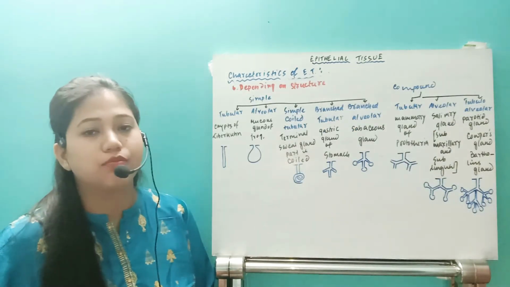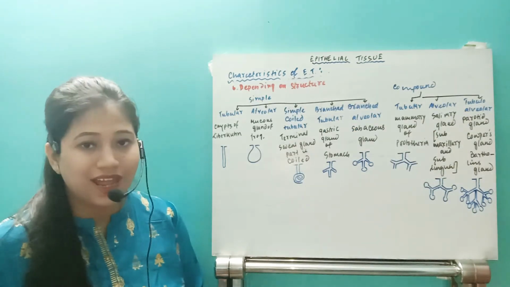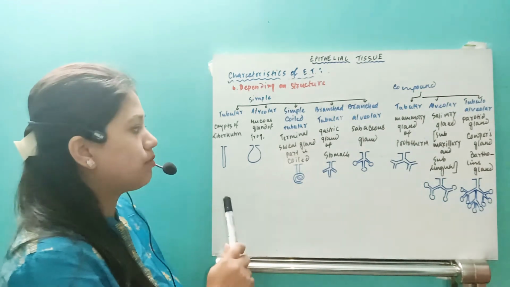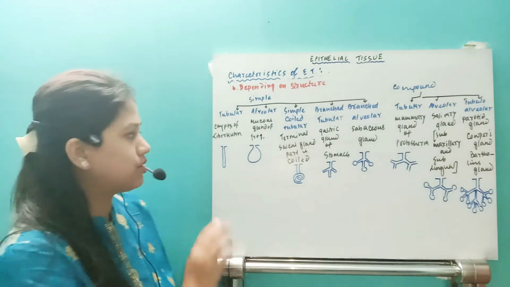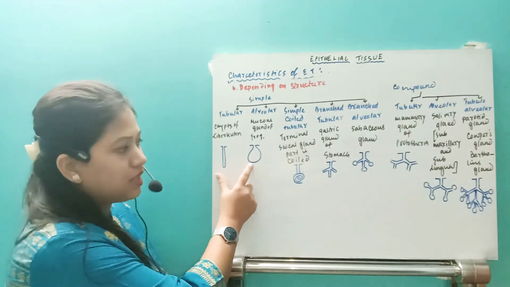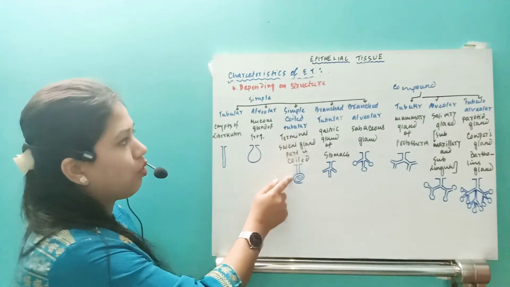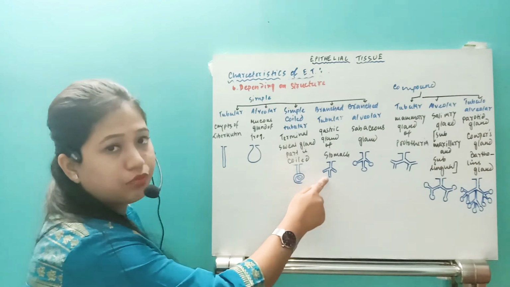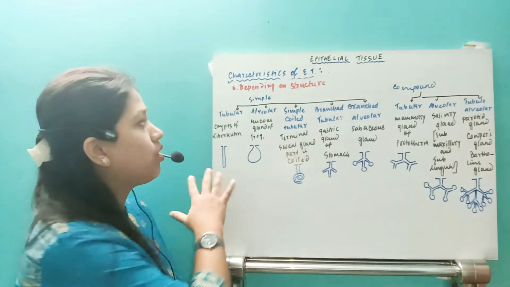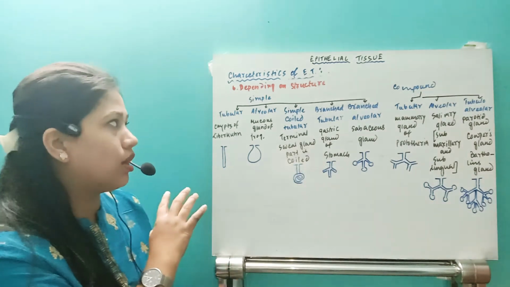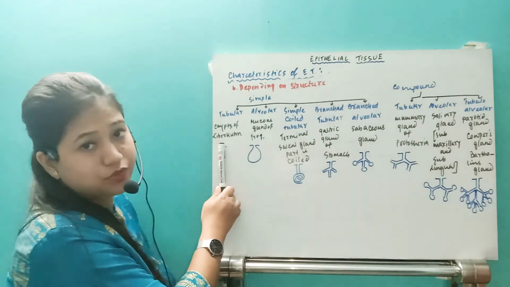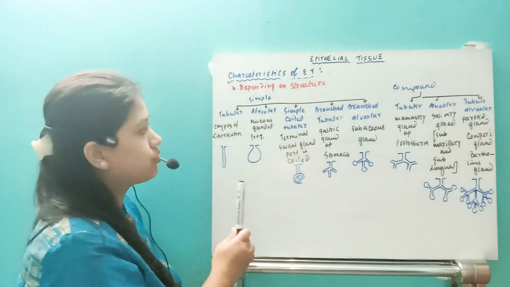Now just see, depending upon structure also, the glands can be of two types. One is simple, another is compound. If it is the simple, it can have different types. Either it is tubular or alveolar. It is a simpler one, but yes, it can sometimes be coiled also. So coiled tubular, right? And it can be branched tubular also. And yes, it can be branched alveolar also. It can be all simple types of glands. If you see an example, then tubular glands, crypts of Lieberkühn, you can get it in the digestive system.